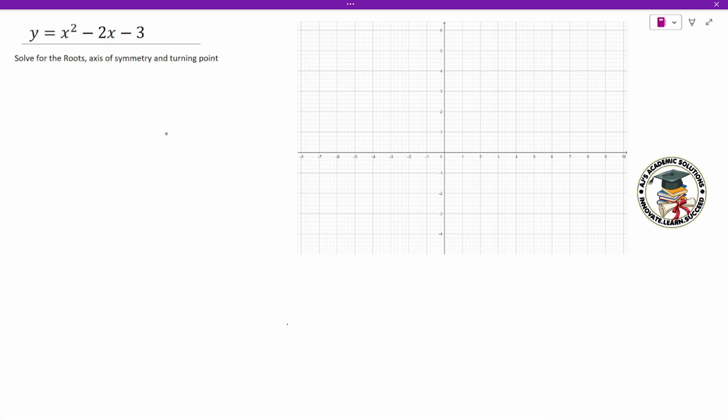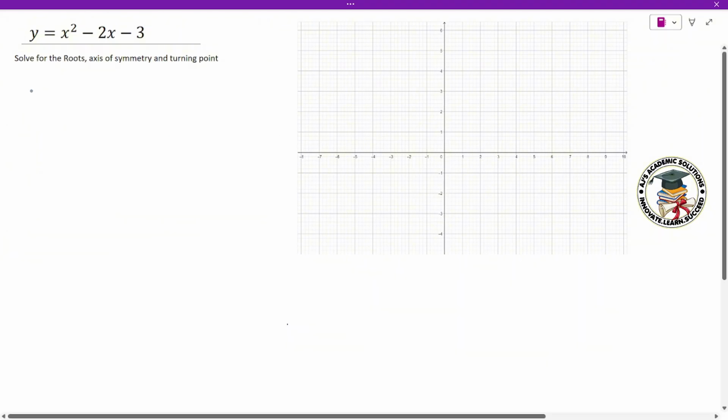In this question, where we're given y is equal to x squared minus 2x minus 3, we're going to solve for the roots, the axis of symmetry, and the turning point. Now, noticing this is a quadratic, what we first need to do to solve the roots is use factorization. What we're going to start with is identifying our a value, our b value, and our c